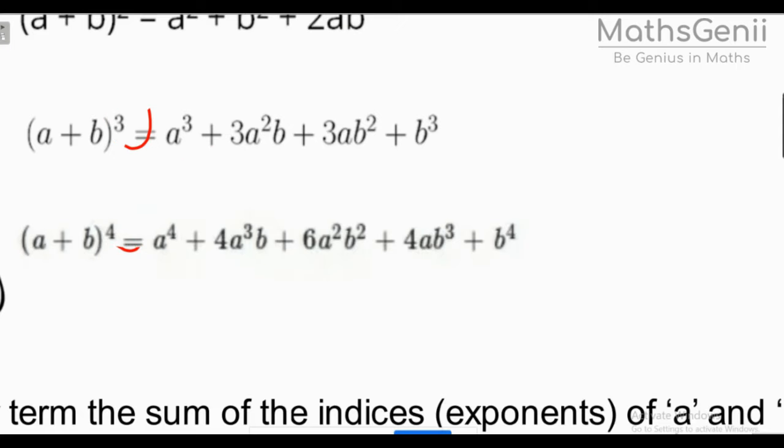What is the power? What is the hero? 3. Here you have 3. Here also you have 3. 2 plus 1, 3. Here nothing means 1, so 1 plus 2, 3. And here also you have 3. So every